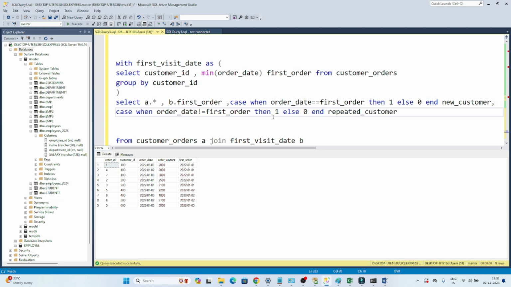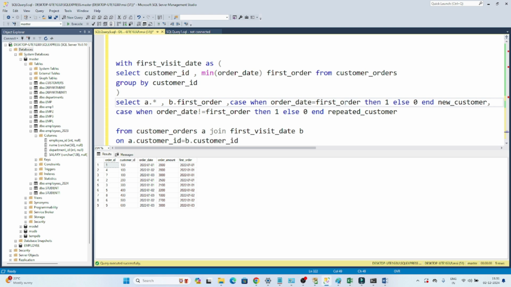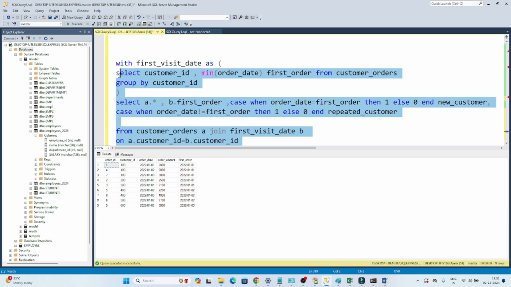This is the thing I am calculating. What I am writing is one case statement. If order date is equal to the first order date, then 1, and this will be a new customer column. If order date is not equal to the first order date, it means it will be a repeated customer. So now if I execute this,